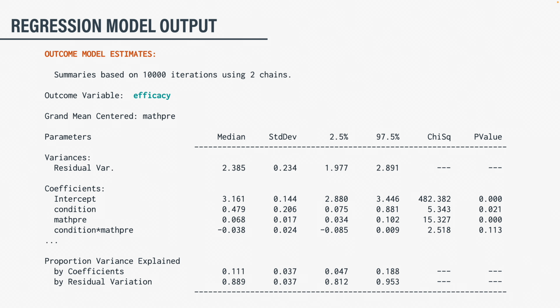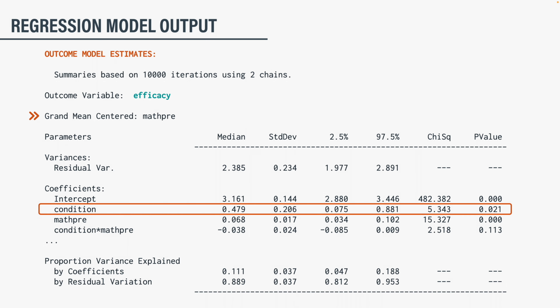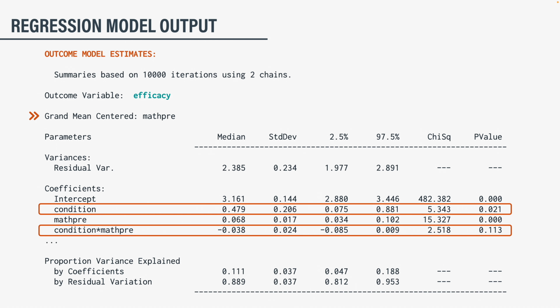This is the output table for math self-efficacy, and there's a note saying that we grand mean centered the pretest scores. So looking down at the coefficients, the condition effect is positive 0.479, but that's a conditional effect. That's the intervention effect at the mean of the moderator. Now the interaction effect is negative, so that tells us that 0.479 intervention effect decreases, or gets more negative, as